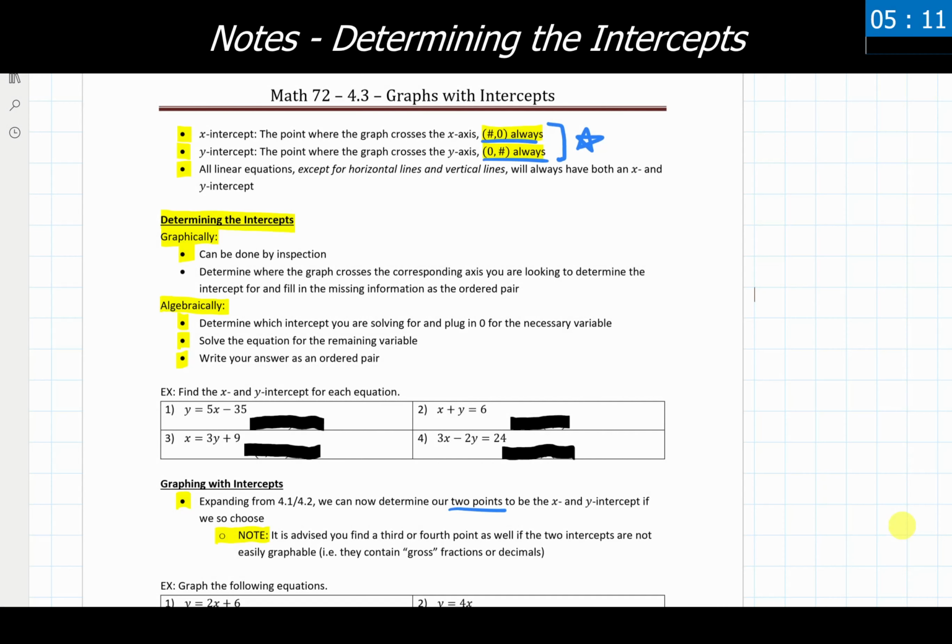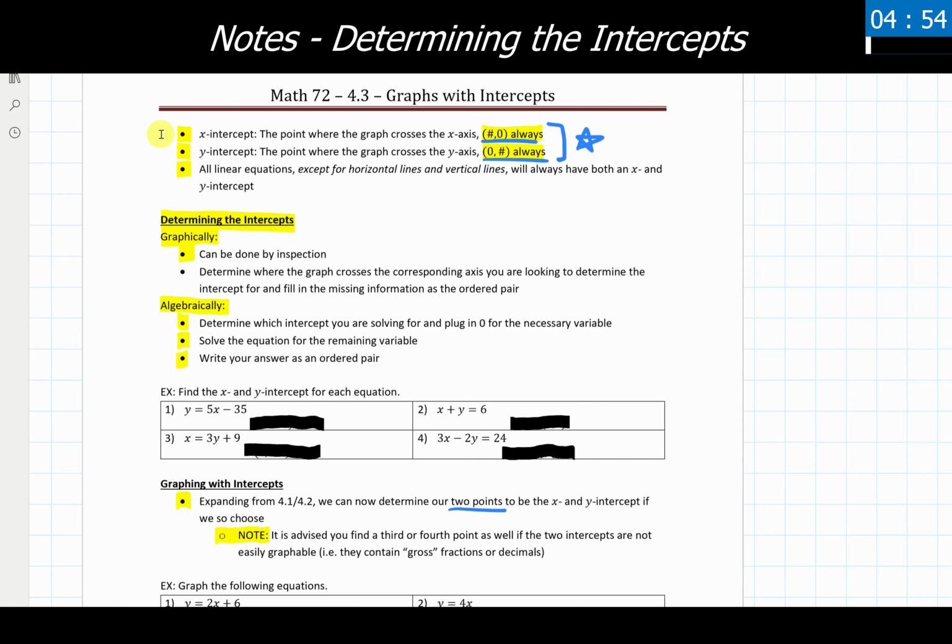In our video today, we're going to be covering graphs with intercepts and how we go about calculating those. So we want to start with our core definitions of each of these things before we actually dive into calculating them and looking at them on graphs and all of that good fun stuff.